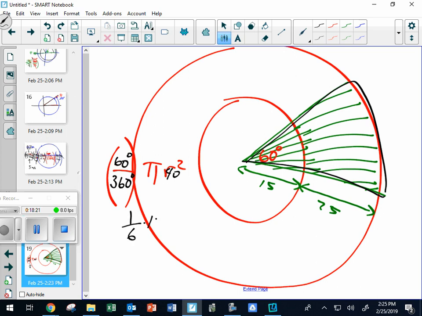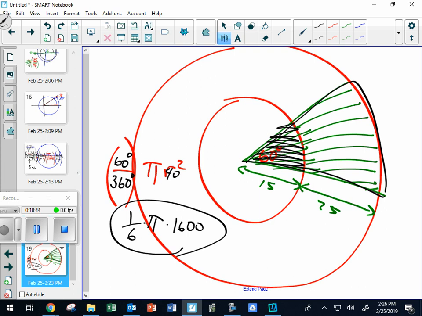1/6 times pi, correct, times 1600. That's the area of the big green wedge. But do you get, people cannot stand in the fire. And therefore, we have to subtract off this little area. Do you get what I'm saying? We subtract off that area, so it's this, but minus,